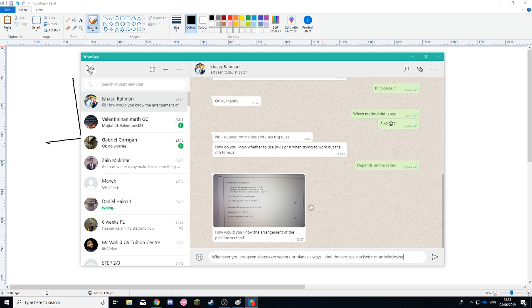So, for example, the mock we did, the last question with proving it was a trapezium, A, B, C, D. What you can't do,